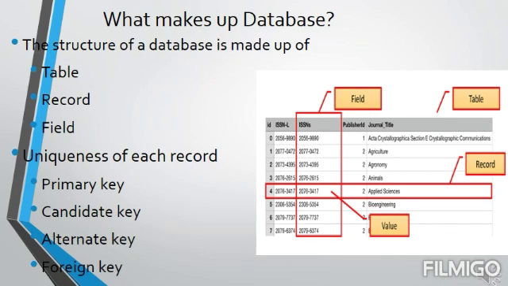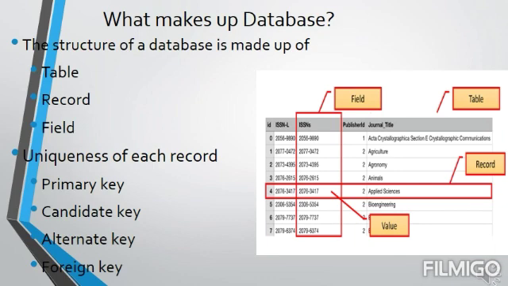Candidate key. The column or a group of columns that can be used as a primary key of the table is called the candidate key. A candidate key is a column or a set of columns in the table that can uniquely identify any database record without referring to any other data. Each table may have one or more candidate keys, but one candidate key is unique and is also called the primary key. So you can have multiple candidate keys in your table, but you should have one primary key which is very unique for that particular table.